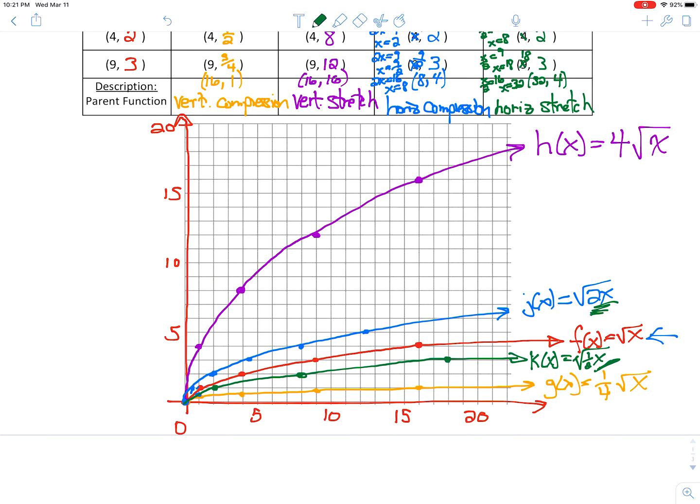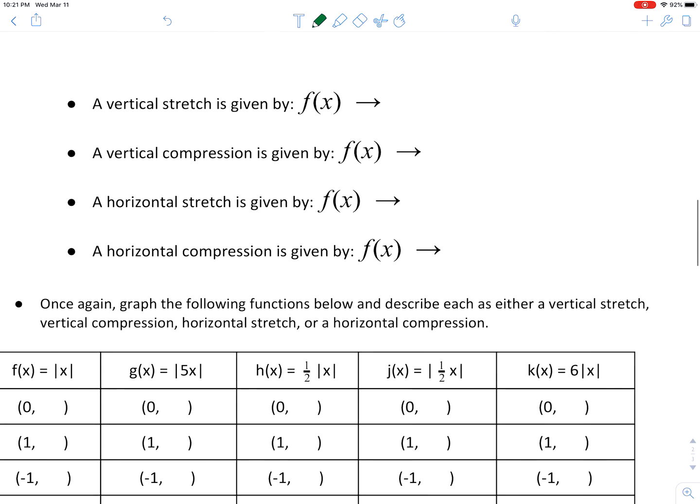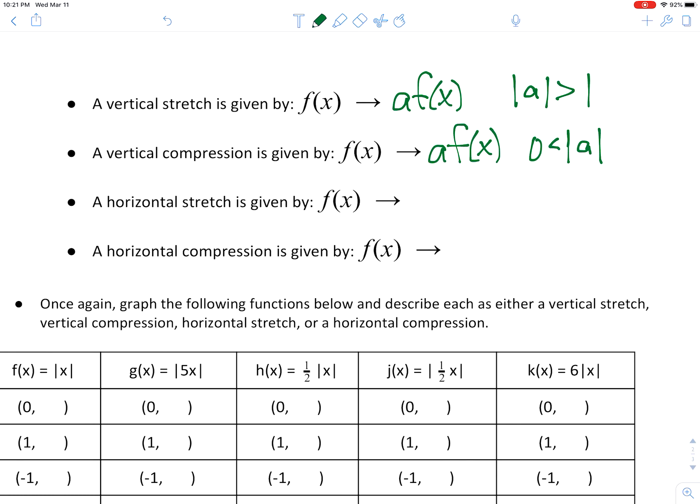Okay, we're almost done here. Let's generalize it and give you an option to kind of practice. A vertical stretch is given by a times f of x, as long as a is positive and it's bigger than 1. If you have a f of x, a on the outside, and that a is a fraction, or officially it's sandwiched between 0 and 1, that's going to be a vertical compression. All right, so now numbers on the outside are vertical